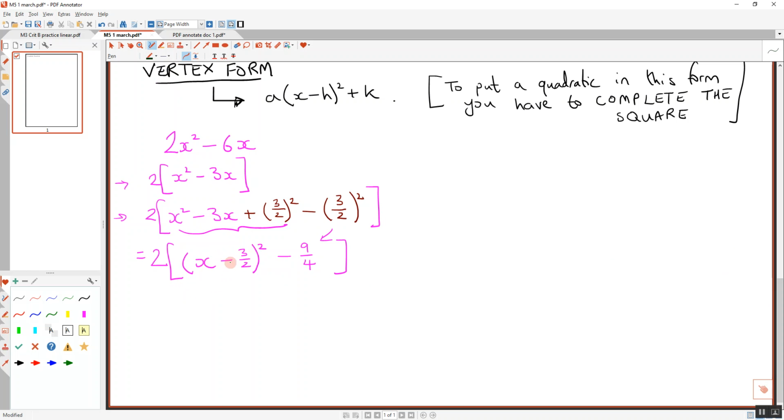Squaring this whole thing? Because if I was to multiply this out, I'm going to get back to these three terms. Now the whole point of this, remember, is I want it to look like this: some number multiplied by this squared term. I've got my 2 outside these big brackets. Now I'm just going to multiply it out. So if I do 2 multiplied by this bracket,